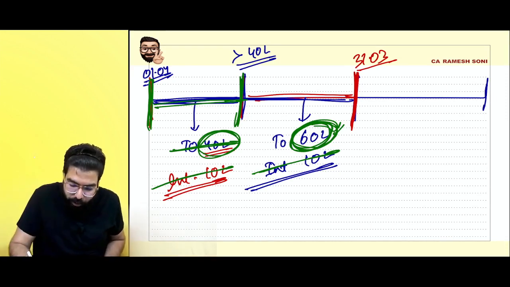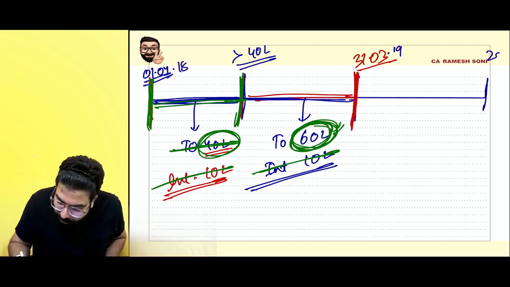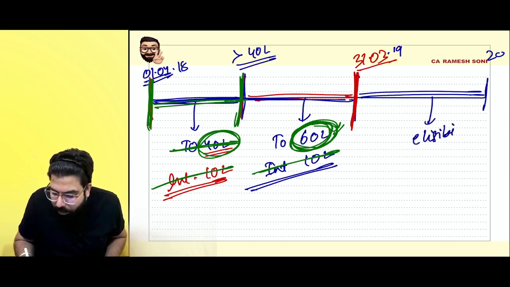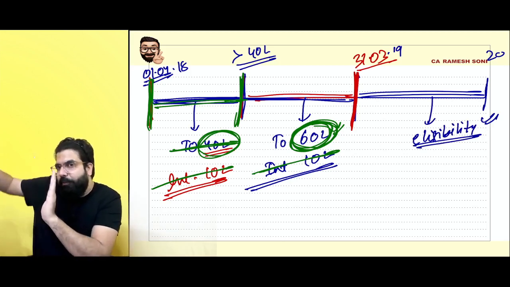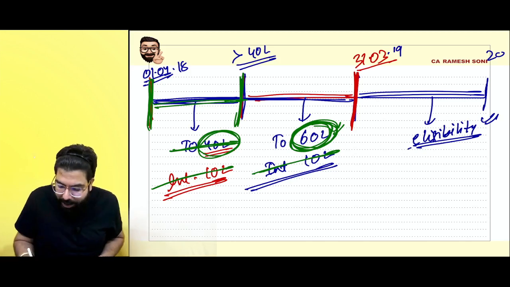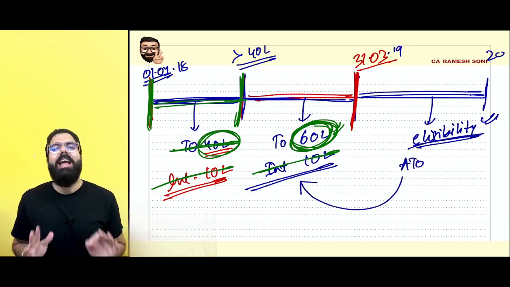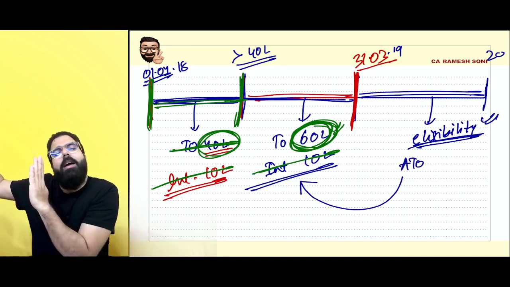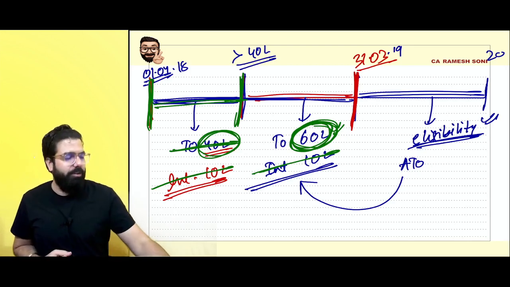My next question to you, this was 18-19. Now for 19-20, when I am checking eligibility, whether I am eligible to opt for composition or not, can you tell me what the aggregate turnover of the preceding financial year will be, this year, last year, when I am checking eligibility? Can you tell me, everyone?